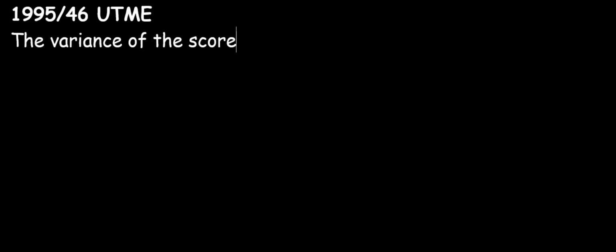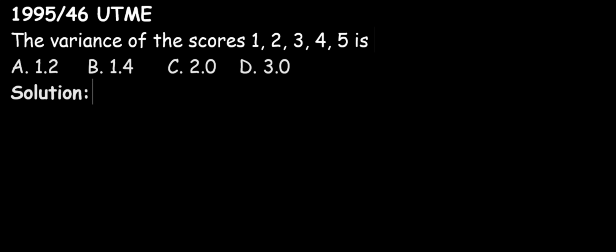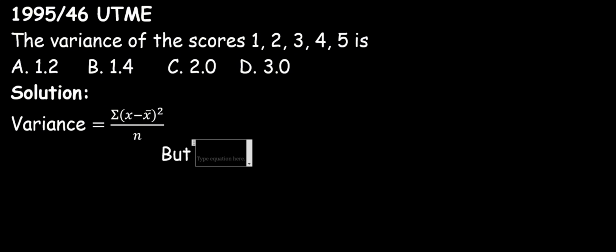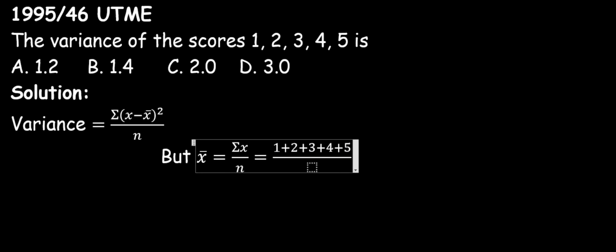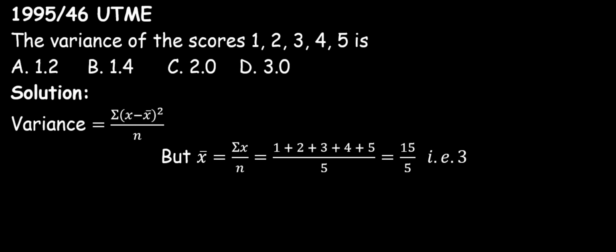Another example. The variance of the scores 1, 2, 3, 4, 5 is, the options are given. Solution. Variance is equal to summation of (x minus x bar) squared over n. But first, we find our mean. Our mean, x bar, is equal to summation x over n, which is 1 plus 2 plus 3 plus 4 plus 5 divided by 5, which is 15 over 5, and that is 3. Thus, our variance will be equal to (1 minus 3) squared,